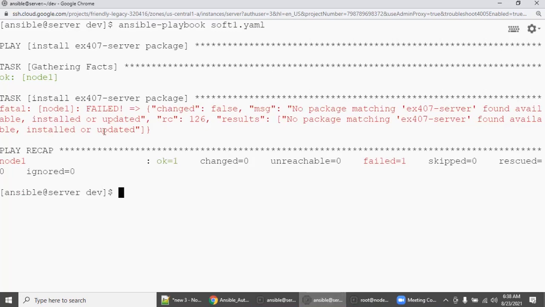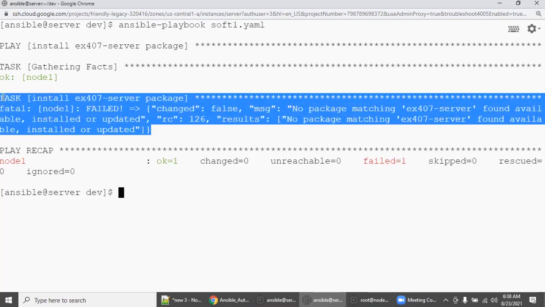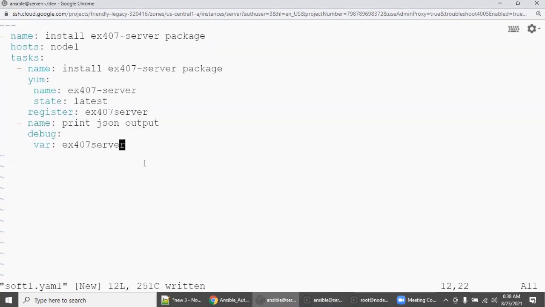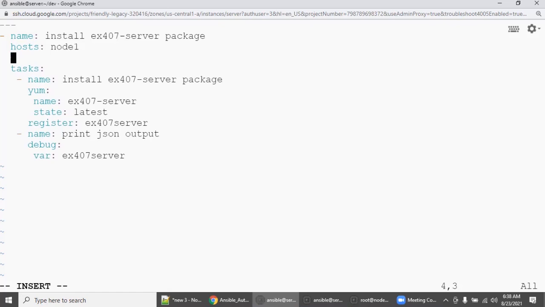As I said, if we see the JSON output, only then will we get some idea how to form a condition, right? So instead of going with ignore underscore errors in each play, go here and give ignore_errors: yes.